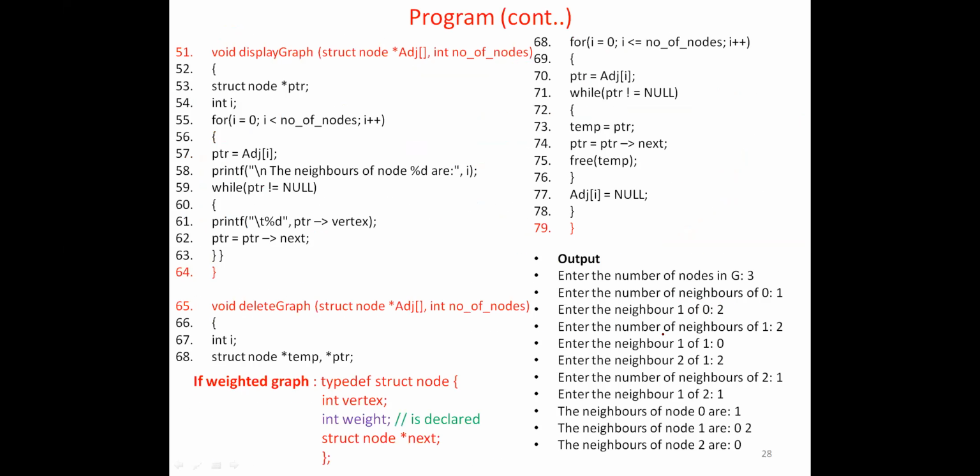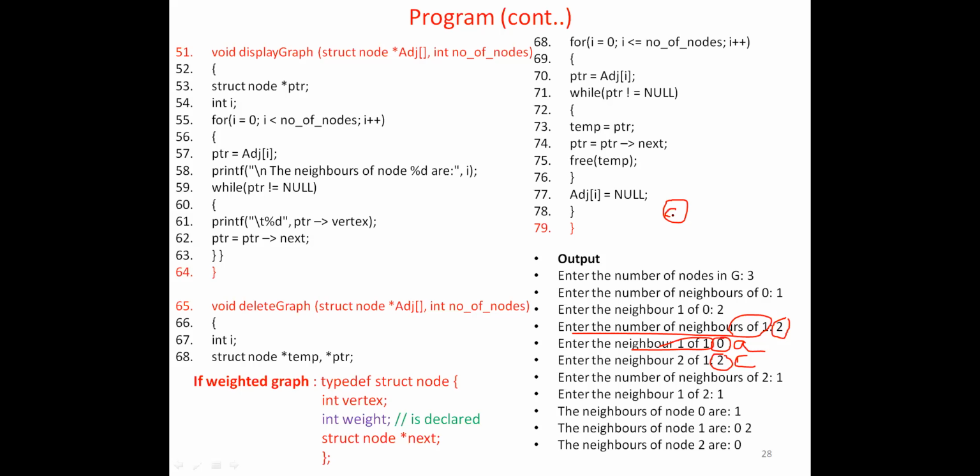Enter the number of neighbors of 1. Now I'm saying the number of neighbors adjacent to vertex 1 is 2. It can have at most 2. Previously I also did an example of 2, so this also I'm putting as 2. Then enter the first neighbor, which is 0, and the second neighbor, which is 2. If we correlate with characters, it is A and C. Vertex 0 is A, and this can be C.